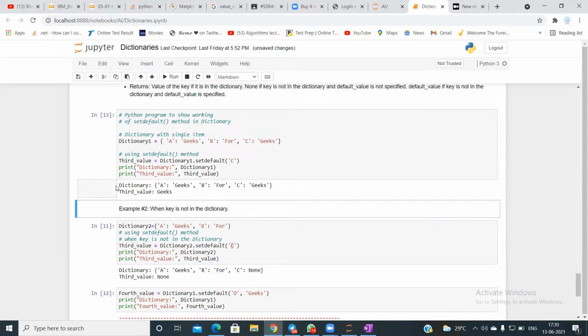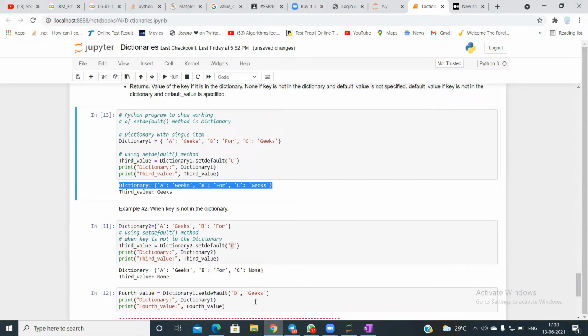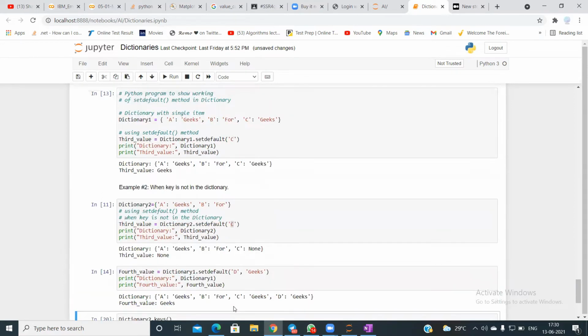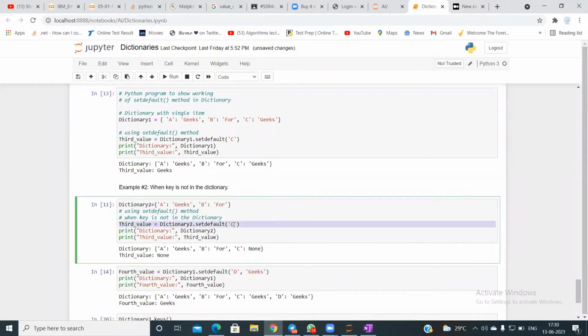So this is your dictionary one for now. So what I did is I just went and added another key, but this time I gave it a default value. So it set it as a key. What if I don't give a default value here again? It becomes the same condition like this thing.